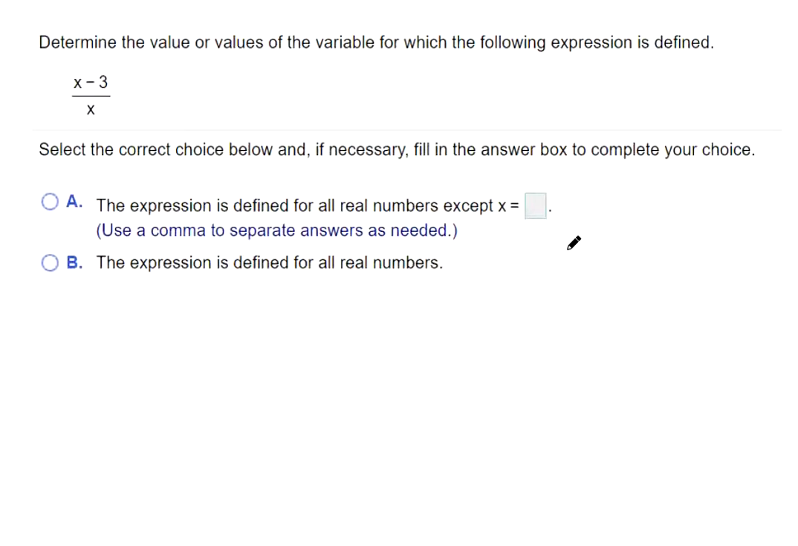We're asked to determine the values for which this function is defined. That just means, tell us all the numbers for x that work. If something works in a function, that means that you plug it in a calculator, it doesn't give you an error. So the big things you want to look for are if you could take a square root of